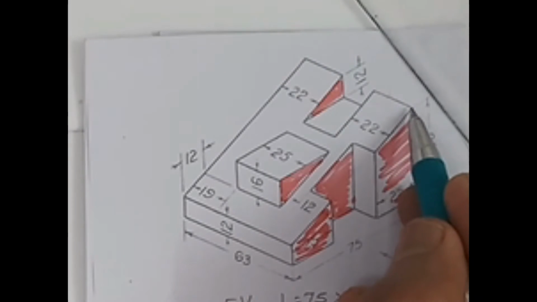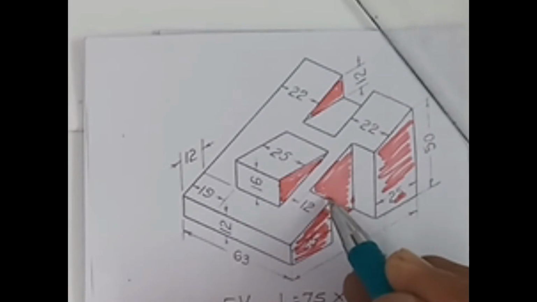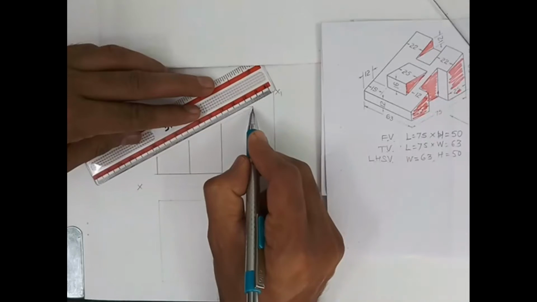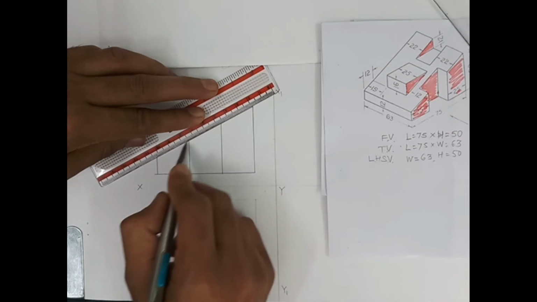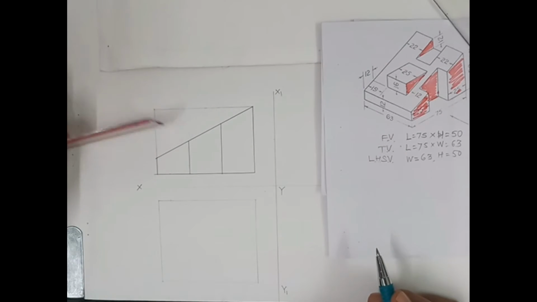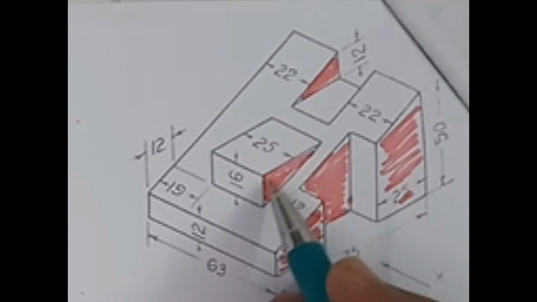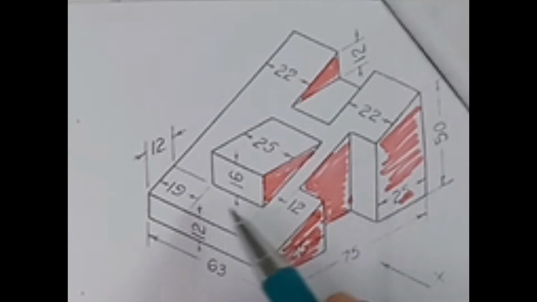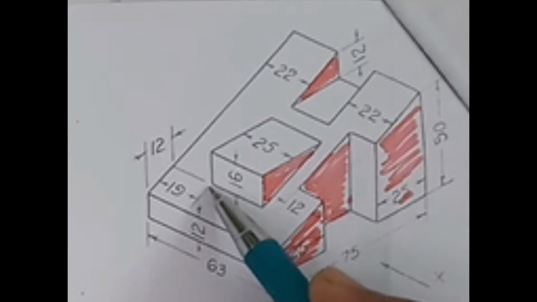Now this inclined edge, which will be seen as a continuous line when you look at it from infinity, I am showing now as a continuous edge. Now we have to show this particular plane surface, which is a triangular plane surface. How to locate that surface, we can see. For that we have to take help of this distance.